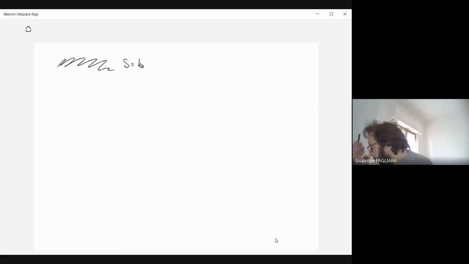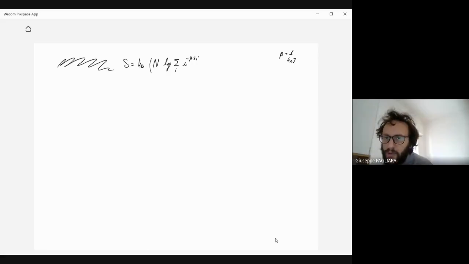We arrived at some point, we wrote that the entropy is k_B, and then I have the log of the sum over i of e to the minus beta epsilon i. Now, do not get confused with the minus, because previously beta was the Lagrange multiplier, which was undetermined. Now beta is 1 over k_B T. And then the formula, the correct one, is with the minus. Then I have a plus beta. This was the function that I wrote before,